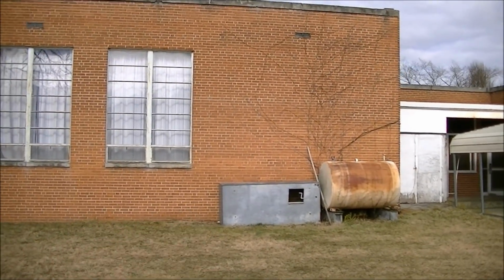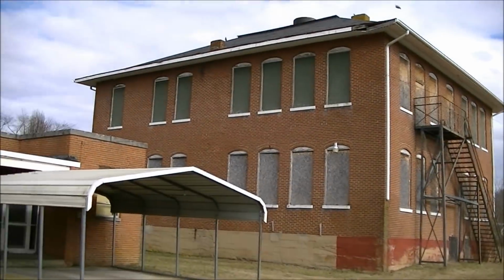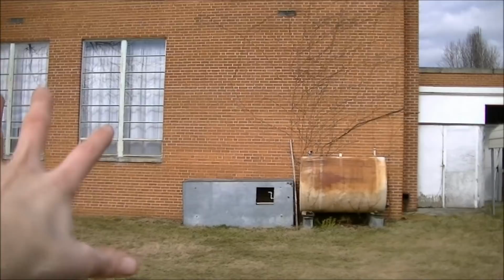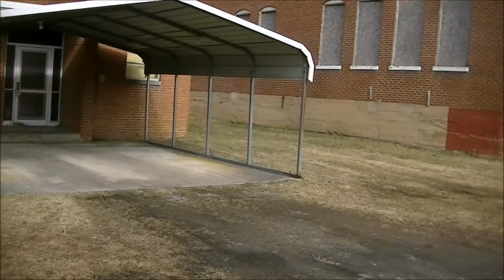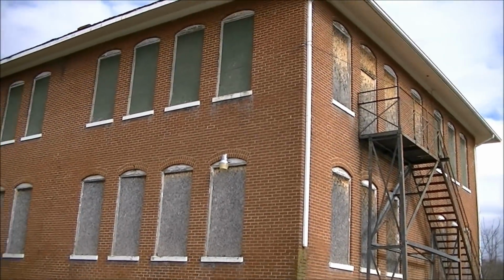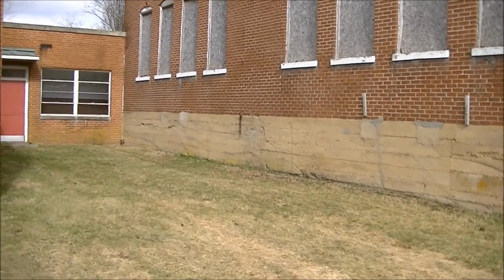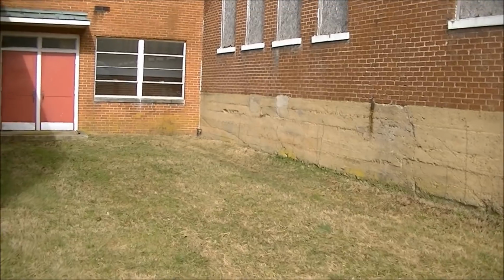So this right here is an addition. It is not as old as the main structure. I'm not certain when they built this, but this to me looks like maybe an early to mid 1960s addition, probably sometime around in there. And this main building is much older. I can't remember the research I did, but I'll give you an idea. You can see here